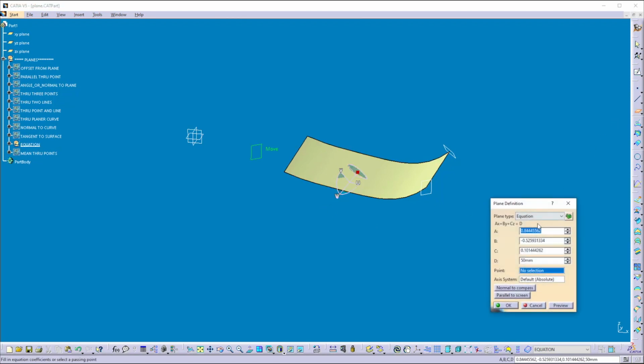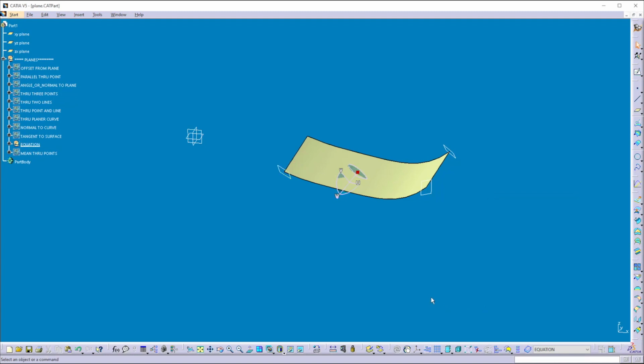So select this plane command and now here you can see the option normal to compass. Click on that and now you can see the orientation is changed accordingly. Now the plane is created at the base of this compass. Now suppose I want that plane at a particular location, I can select that by using this points. The plane is located on the point. Once I get a desired location, I can click OK.